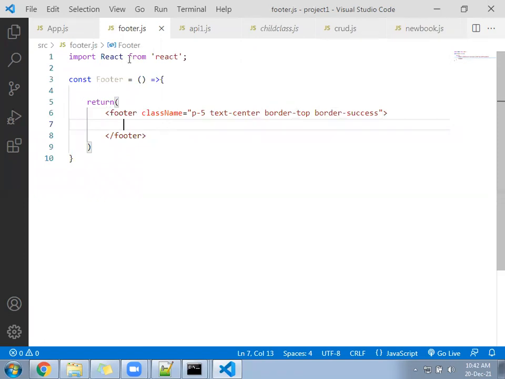Then you have to import the link tag also.